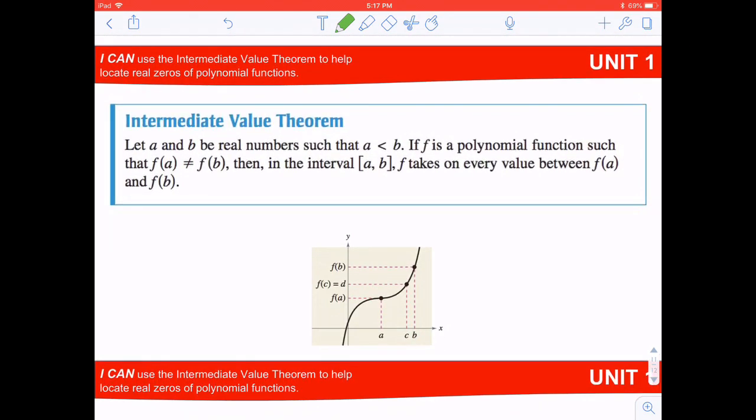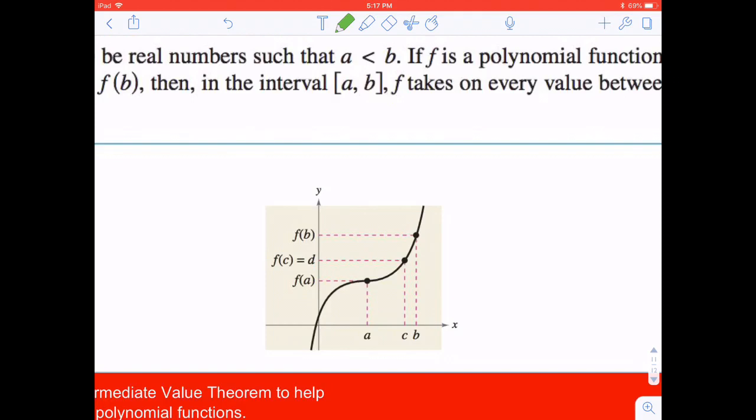And so the last theorem that we're looking at in this section is called the intermediate value theorem. This theorem is going to come up a lot once we get into calculus, so we're going to study it a little bit right now before we get into all those calculus topics. What this theorem is saying is, if we have a polynomial function, so take for example here, this is